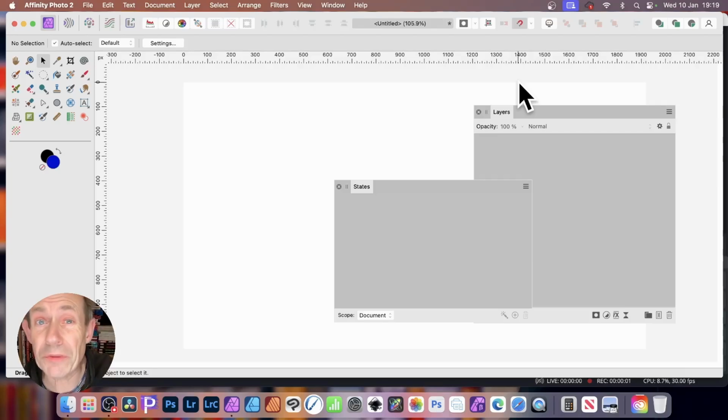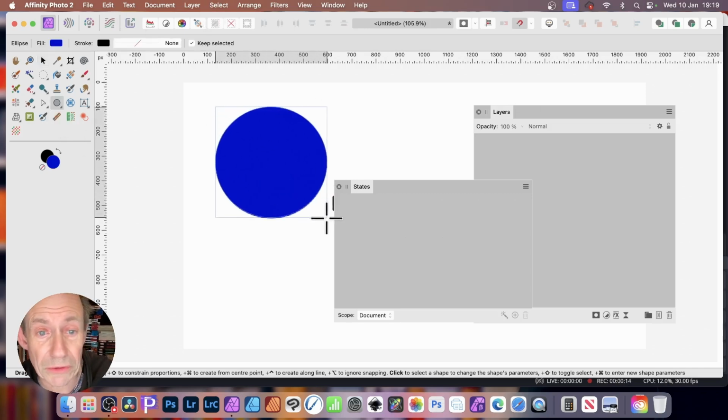Affinity Photo comes with a great option for recording states. It's great for creating different designs for different people. So what you can do in a very basic setup, I'm just going to create a circle, a blue circle,